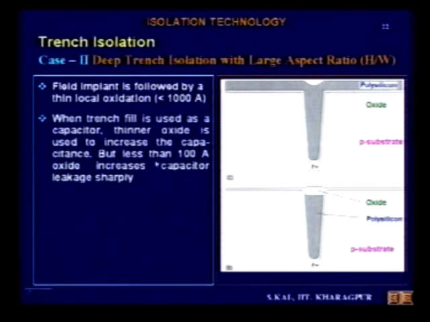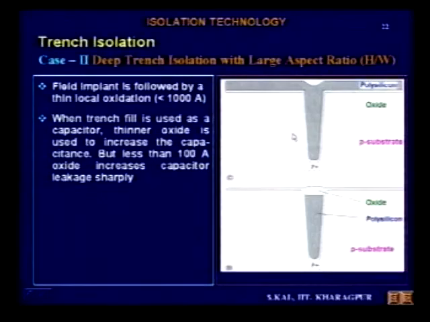And now the trenches are filled with polysilicon. Now you see this may produce some capacitance, trench capacitance. How? If the polysilicon is doped polysilicon, that means here is one electrode, and this is the trench, the oxide is there, silicon dioxide, and this side is a P substrate, and this is a P plus region. P plus region substrate, if you make a contact with the substrate, and if you take another contact with the polysilicon, then this is a parallel plate capacitance.